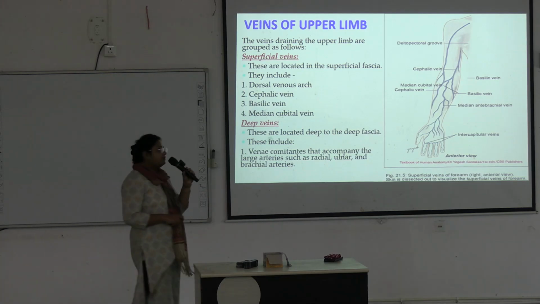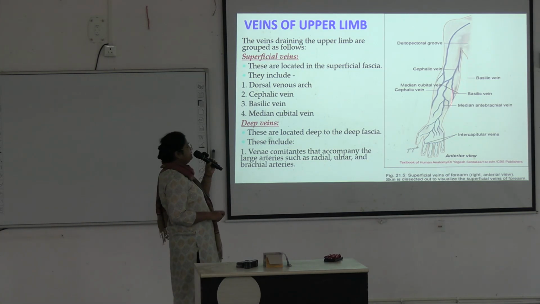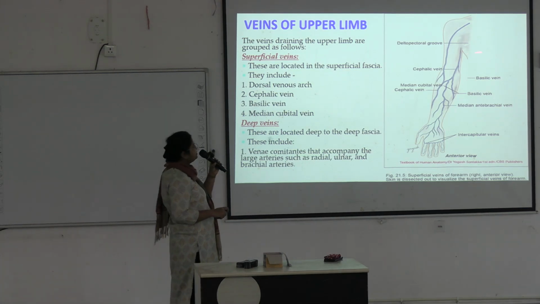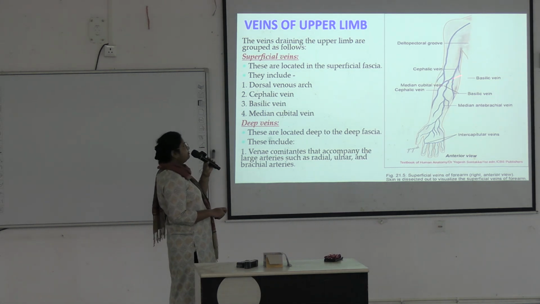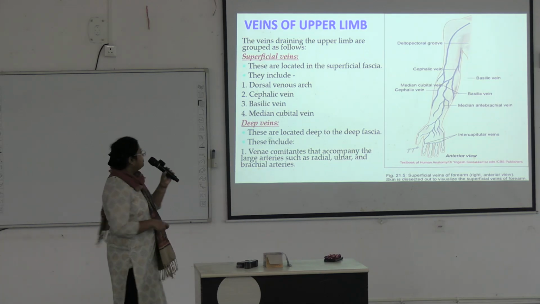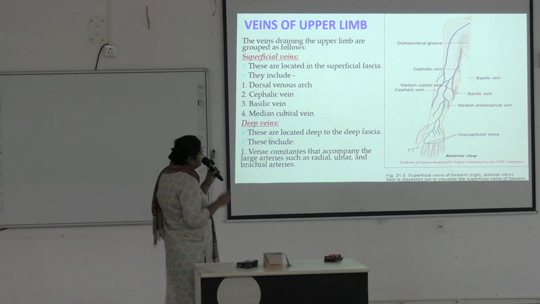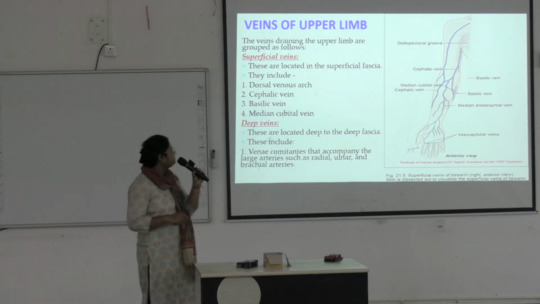Okay, so in this region this cephalic vein and basilic vein are connected with each other with this oblique vein. This oblique vein is median cubital vein. And here blood is drawn from this vein, median cubital vein. And this is also connected with the deep veins via the perforating veins.